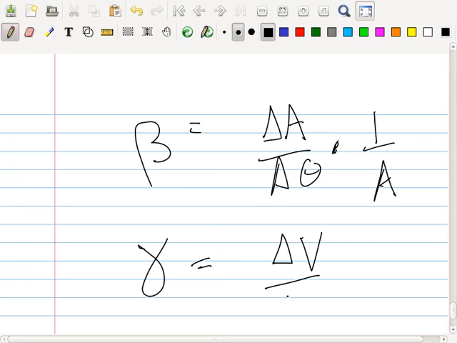over volume. No, you don't need to look at the book. You can work it out: the temperature multiplied by 1 over volume. They are all equal. No, these are for different shapes. So if I have a cable, I need alpha. If I have a flat page, I need beta. And if I have a volume, I need gamma.